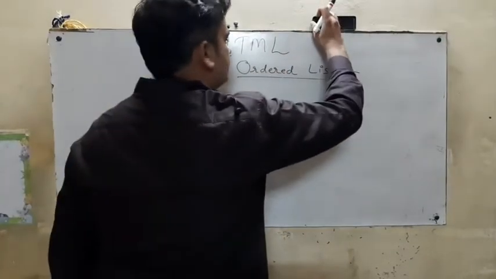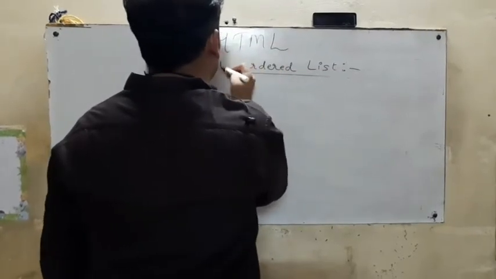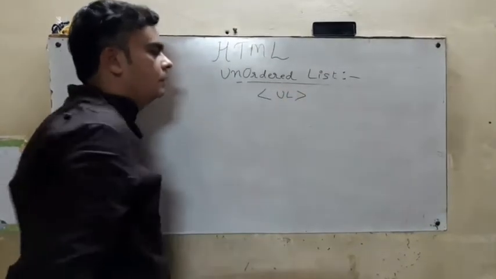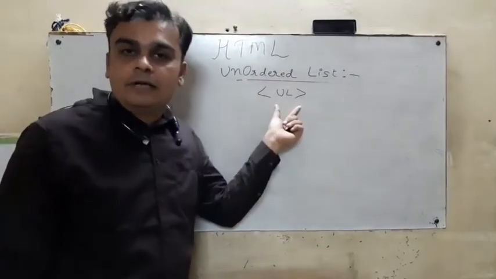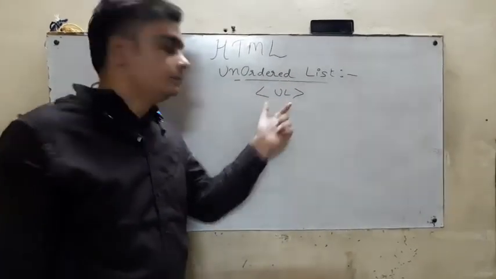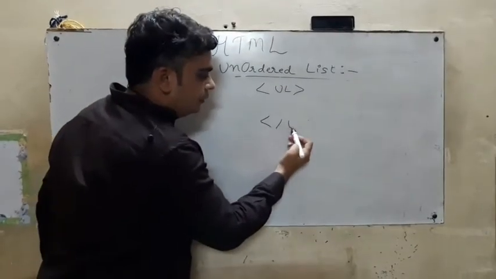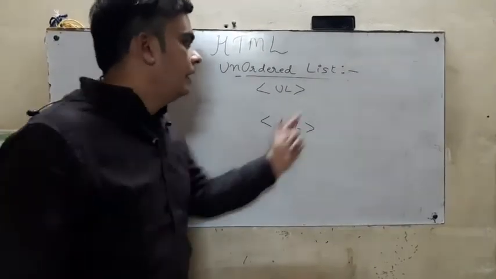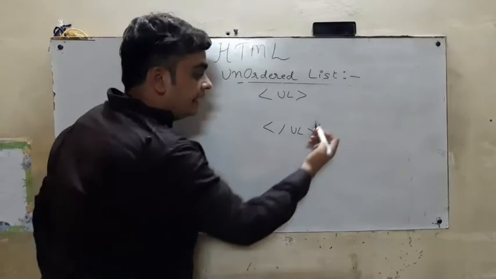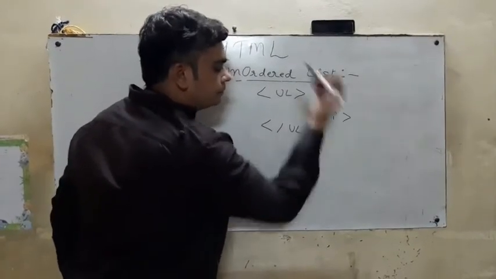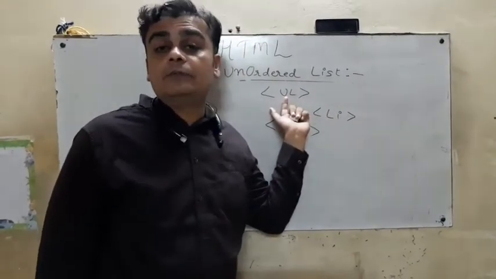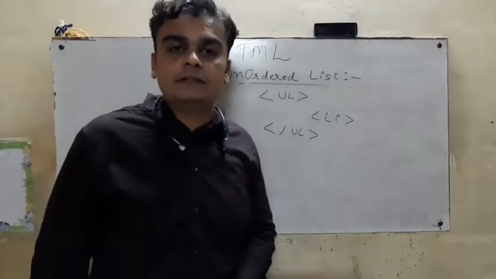Generally, the unordered list is represented by the tag UL. Ordered list is represented by OL. Similarly, the unordered list tag is represented by UL. It is also a pair tag, that is it should end with /UL. And as we know that it represents a list, it also uses one supporting tag called LI. Now the question is, it also has one attribute, type, so how is it going to represent the elements?